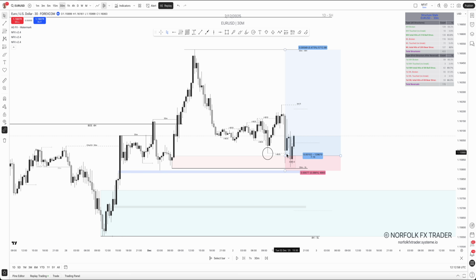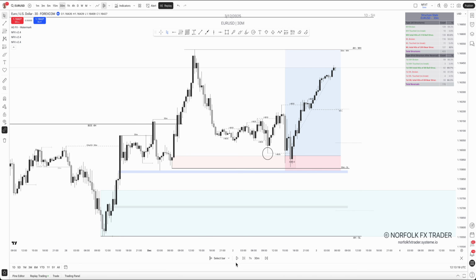And you can see we had a big push down. The market started to push away. That's my entry. But we do have one final push down, and I could have been stopped out here if the market did push deeper, but it didn't. And now we're starting to reverse back out. And we'll continue to run this now. You can see where the market goes. We're bullish. And we start to shift bullish on internal structure. So we continue to go bullish again on that internal structure, looking forward to run that weak high,